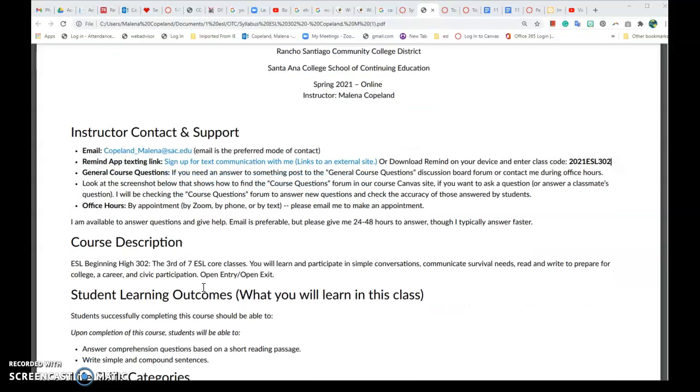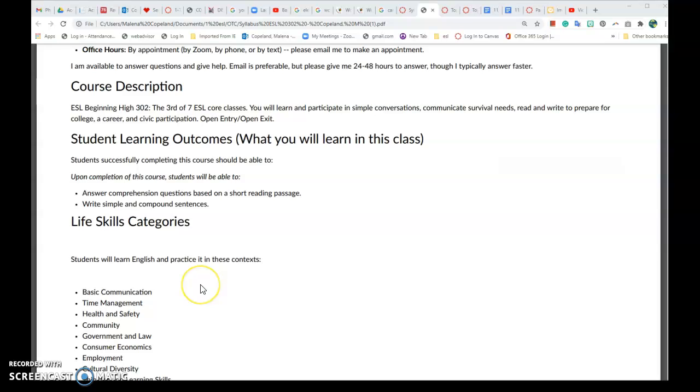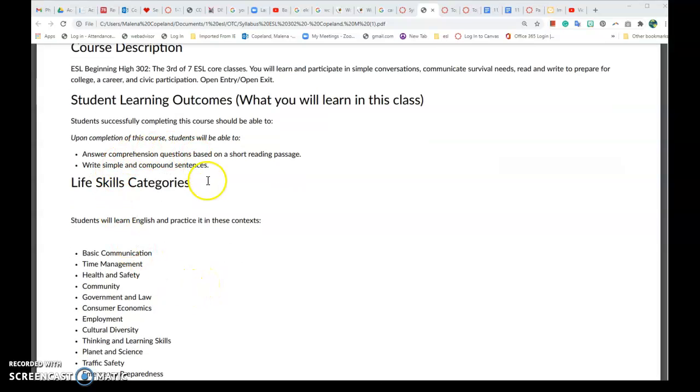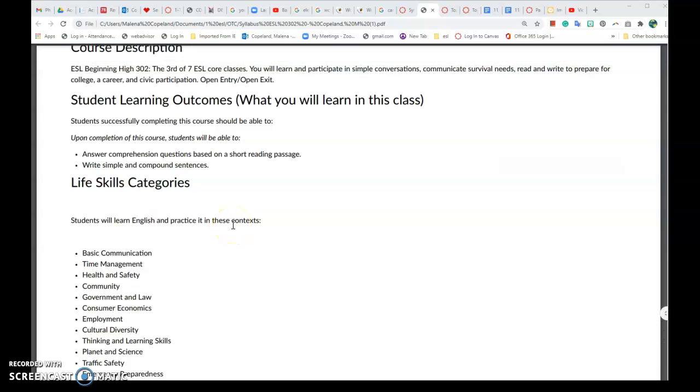In addition to my contact information, you will see the course description and all of the fantastic things that we will be learning in this class, including simple conversation skills, communication to communicate survival needs, and to prepare for writing in college, your career, or civic participation.